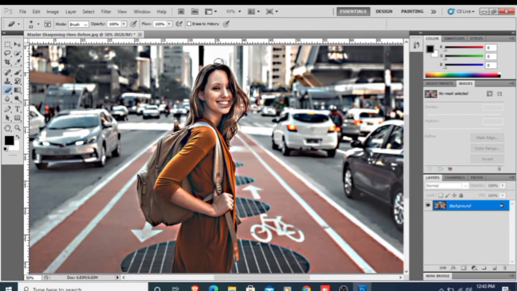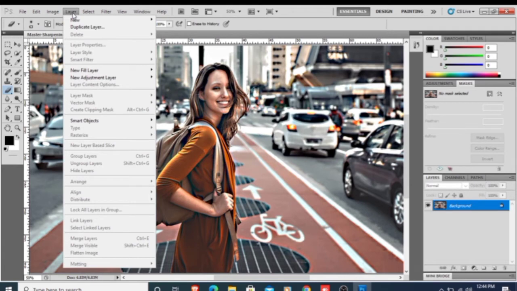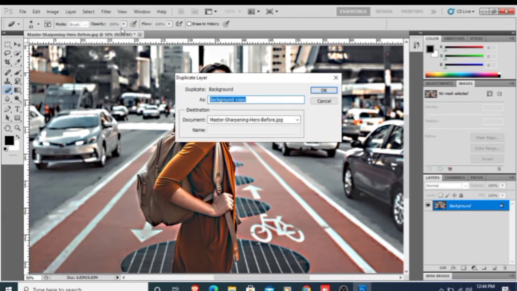First of all we have to open the image to be softened, which I have already opened from my desktop. Now first you have to select the Layer menu. This one is your layer tab, and under this tab you first have to create a duplicate layer. Once you click on this, you will get a duplicate layer dialog box.